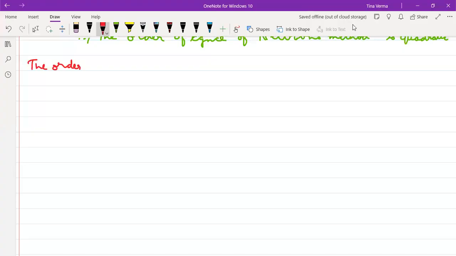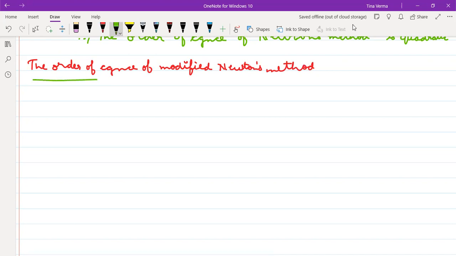So next, you have to show the order of convergence of the modified Newton's method, right? So the modified Newton method means the order of convergence for multiple roots. You can see we have done so many examples where, when we have multiple roots, if I consider only